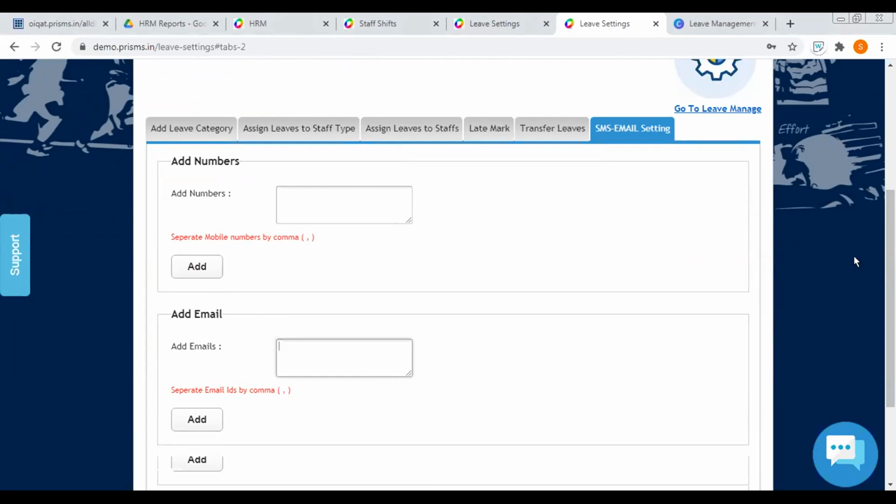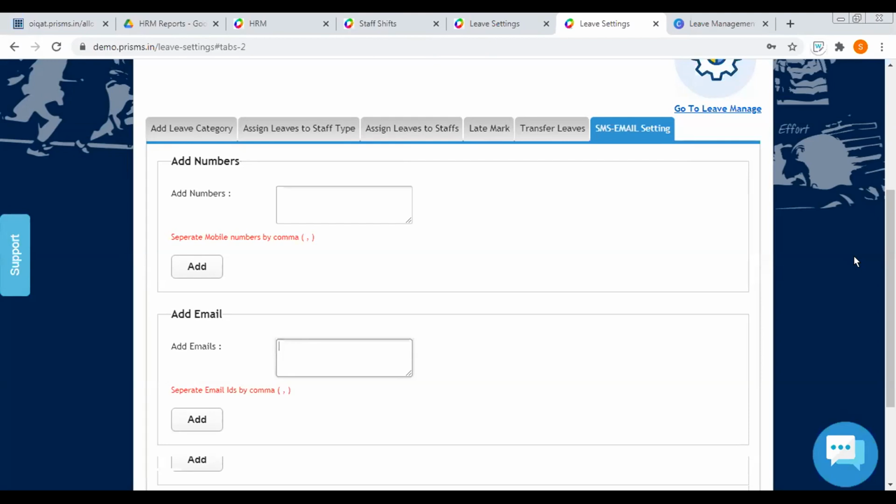Once these details are added here, suppose you add a principal's number or someone who approves their leave. If any teacher applies for leave, they will get an SMS saying that so and so teacher has applied for leave, and to approve, the principal or admin, whoever, has to go to the module and approve the leave.